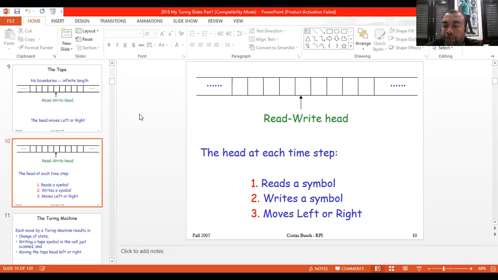Halt means stop. There are two terms that we are going to meet very soon: one is halt and one is hang. So let us discuss this. Hang, H-A-N-G, and halt, H-A-L-T. Halt means to stop. And hang means the machine moves from left to right or from right to left, but it is not stopping anywhere. That is the condition of hang. Okay, so we are going to meet this word very soon.